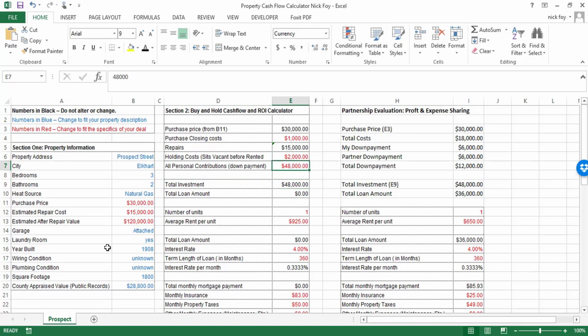Since we contributed $48,000 cash towards everything, our total loan amount was $0. That may be different if you're only putting down, let's say, 10 grand and taking out a loan for the rest. But usually when you go after these low price properties that are in rough shape, the bank usually won't